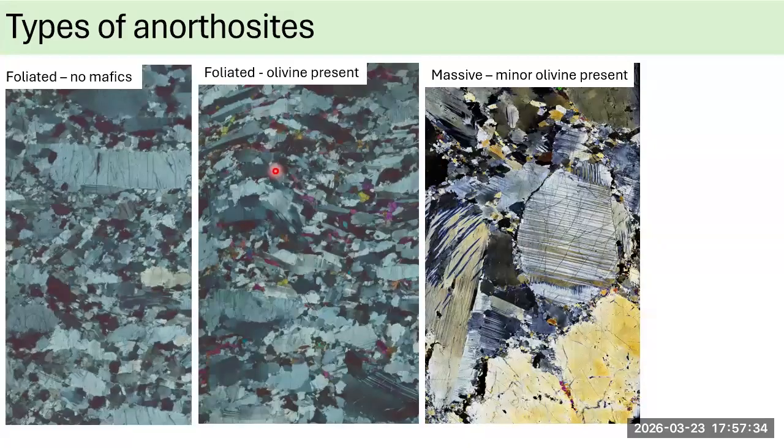But if we look now at my favorite thin sections, there are more or less three main types that we identified. There are foliated anorthosites with no mafics. Then there are foliated anorthosites where olivine and pyroxenes are present. And you can see, if this is foliation, that the mafics are parallel to the foliation planes given by plagioclase. And then this one, if I remember the name, in anorthosite literature this particular texture is called,